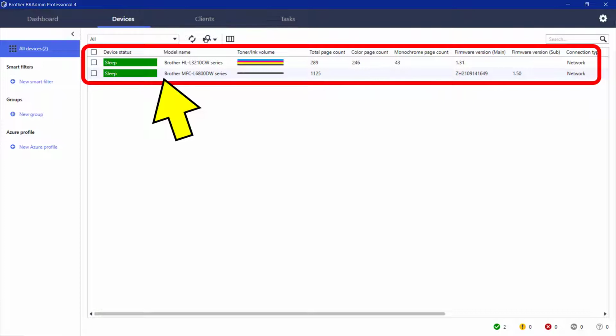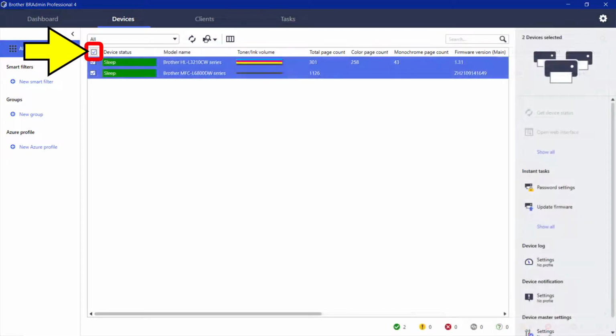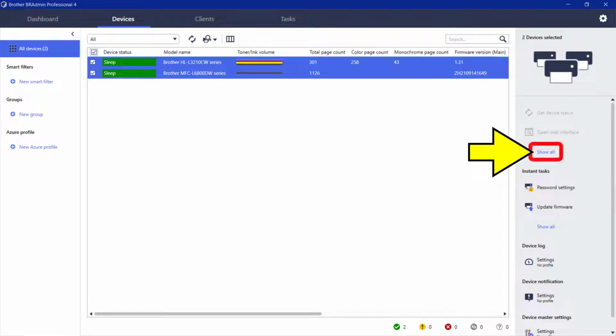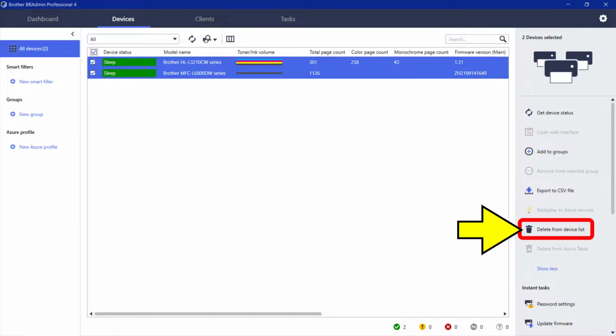Please note that this step is not essential, and you can choose to ignore it if you want. To do this, I will click the Select All box. Then from the right-hand menu, click the Show All option just above Instant Tasks, where I can delete them from the device list.